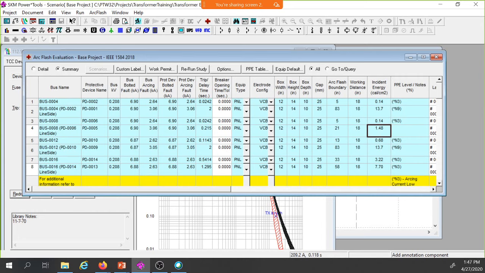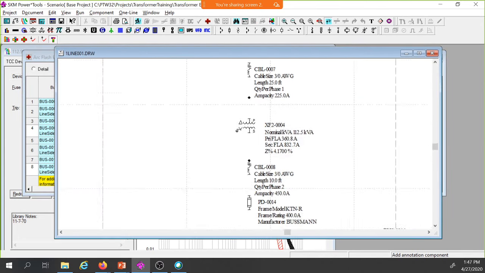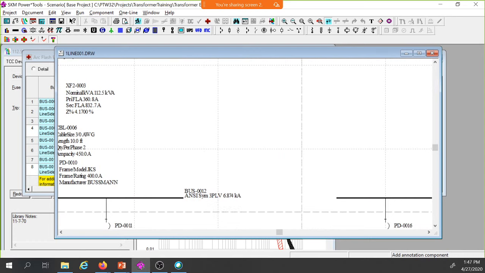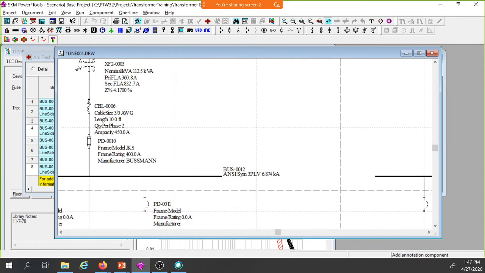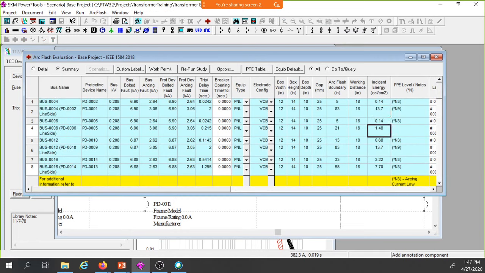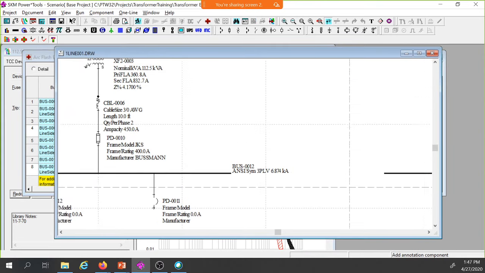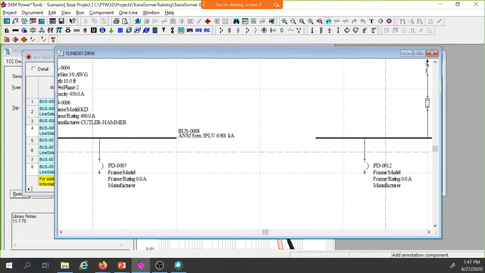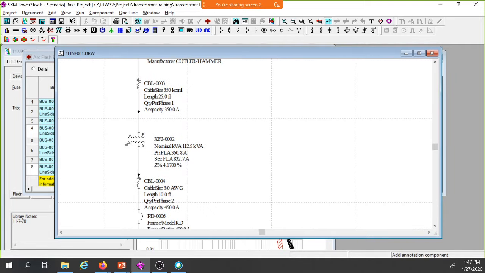PD6 is PD6. Let's take a look at panel 6, bus 6. Hold on, let me get back to this. What bus is that? This is 13. This is 1.48. Bus 8. Bus 8. Bus 12. Bus 8 is my